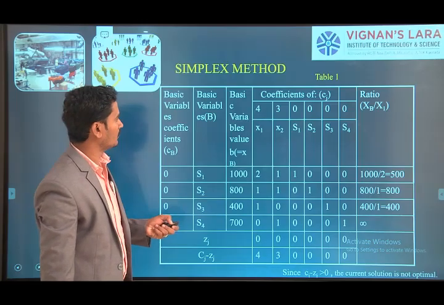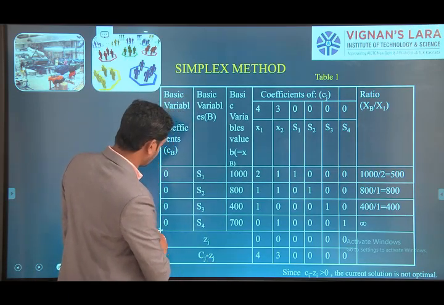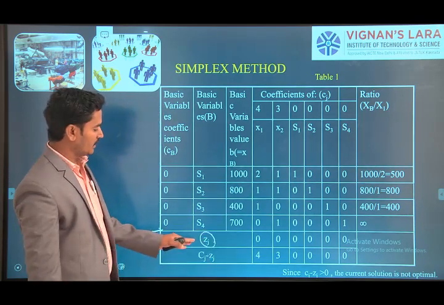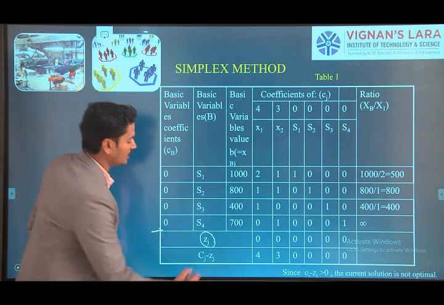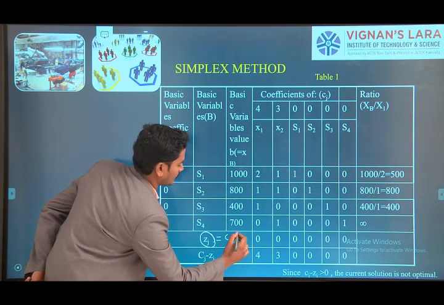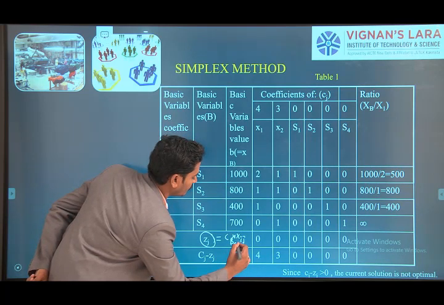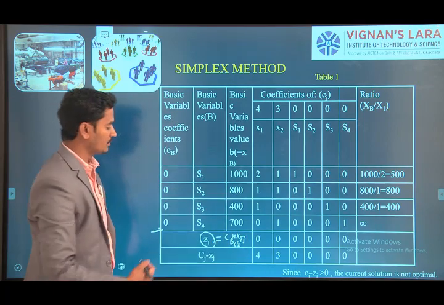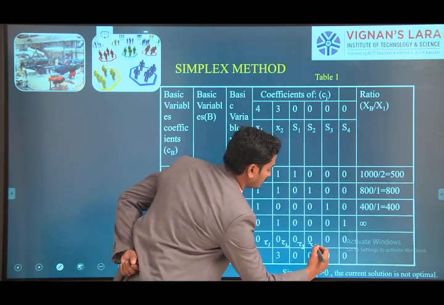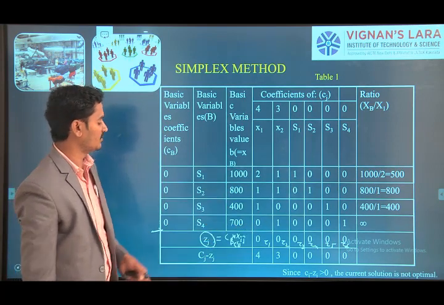Next, coming to the table here. So far we discussed this one. Next, coming to the Zj minus Cj. What is the Zj? It is the profit value. How do we find the Zj value here? Zj is equal to Cb into the coefficient value Xij, taking from the first column to the second column. Here we have Z1, Z2, Z3, Z4, Z5, Z6. We have a total of 6 variables, so we are going to find the 6 Z values.